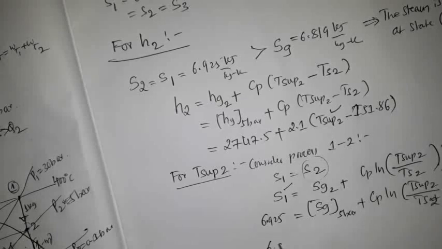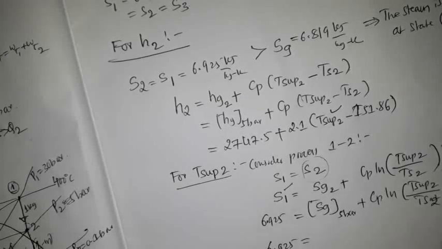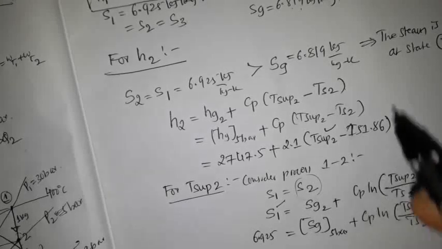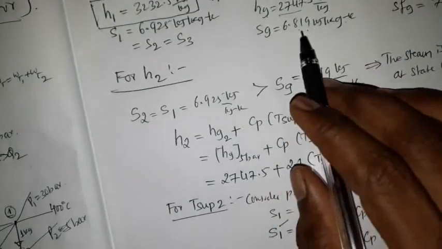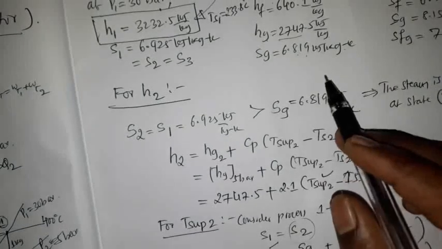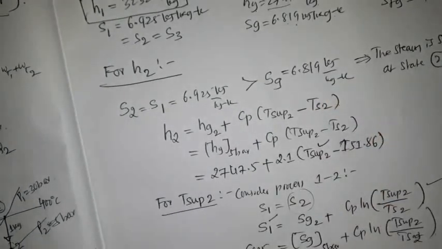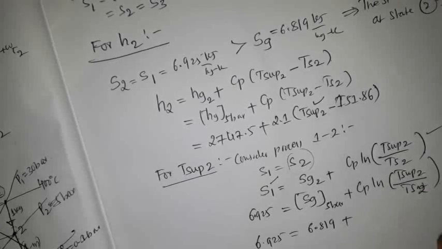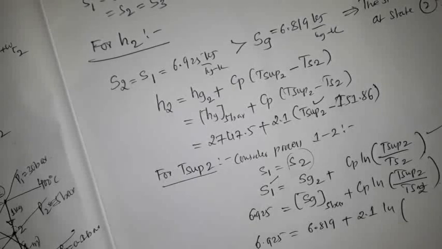So 6.925 is equal to the specific entropy at 5 bar, the Sg value is 6.819 kilojoule per kg Kelvin, plus Cp, which is 2.1, ln of